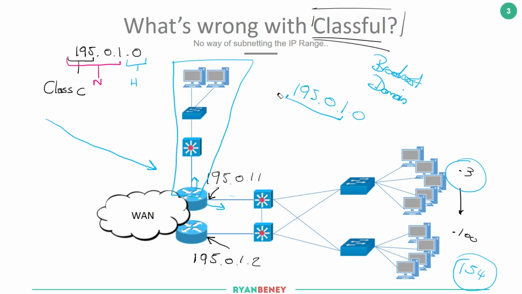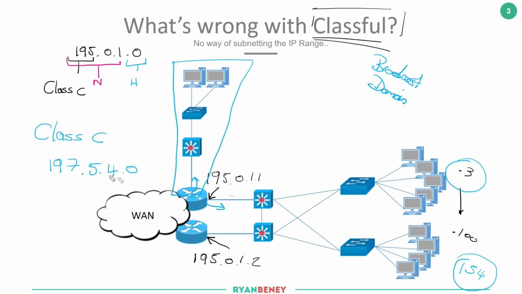So what we would need to do at this point is actually go to our ISP, our service provider, and ask for another Class C range. And sure enough, if we pay them enough money, they'll give us another IP range. Let's say they give us 197.5.4.0. And then we can use this IP range to assign inside this network. But what we've noticed here is we've wasted 154 IPs here,